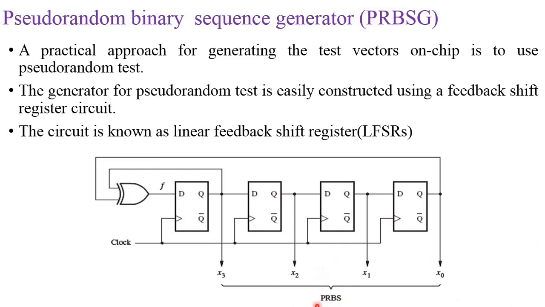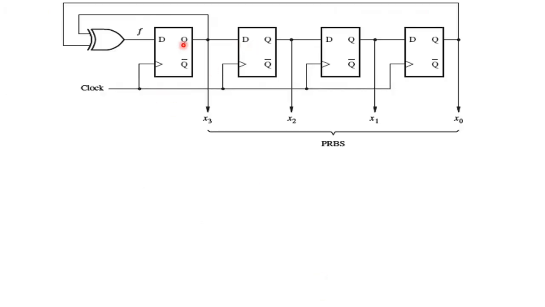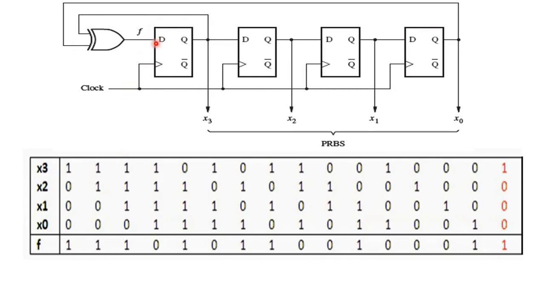So this is nothing but the signature analyzer. Finally we can get the output here. And this is nothing but a pseudo-random one. Here first I stored the responses, which are 1, 0, 0, 0. After storing the responses, it will shift like that. That means here 1 is shifted in this one, and 0 already present, 0 is shifted in this one, and 0 is shifted in this one. So 1 is shifted here, 1 is shifted here, and 0 is shifted here, and 0 is shifted here.